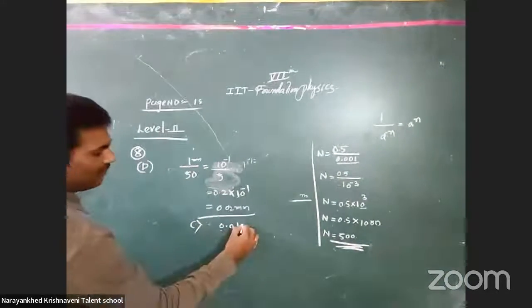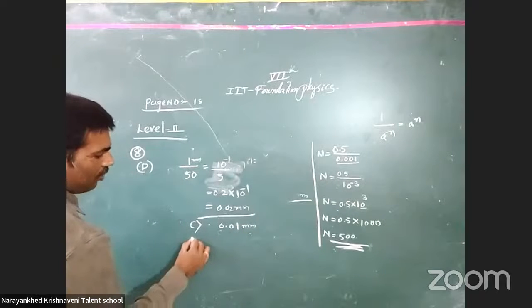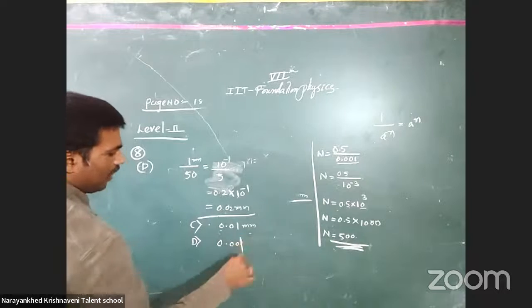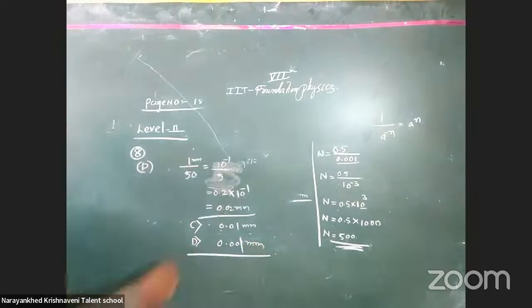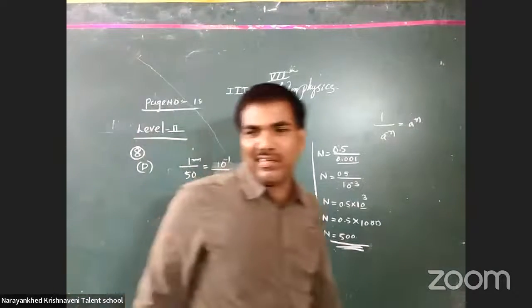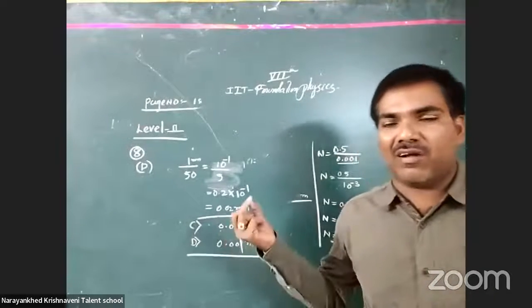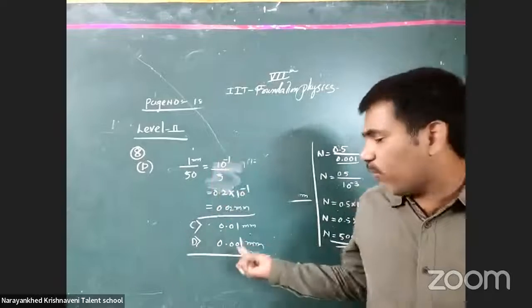Option C is about 0.01 mm. Option D is about 0.001 mm. Yes, which one is accurate now? D is the accurate one. Why? Because it measures very small lengths also. It measures very small length up to